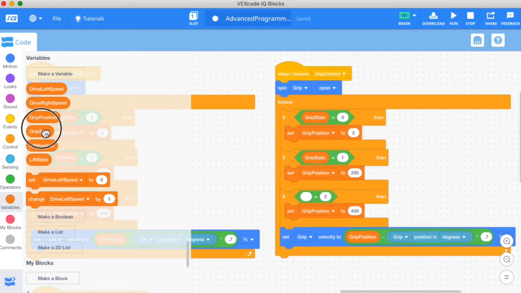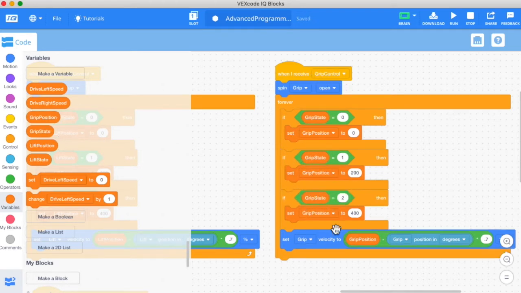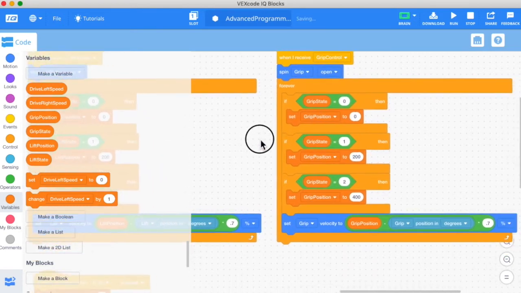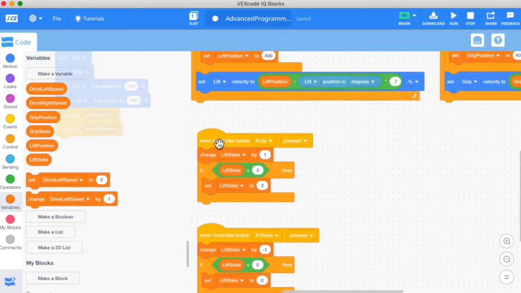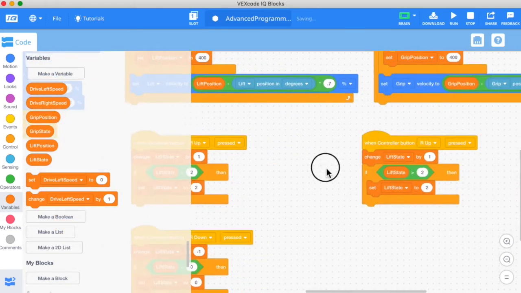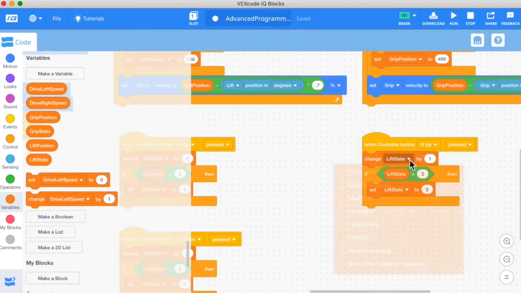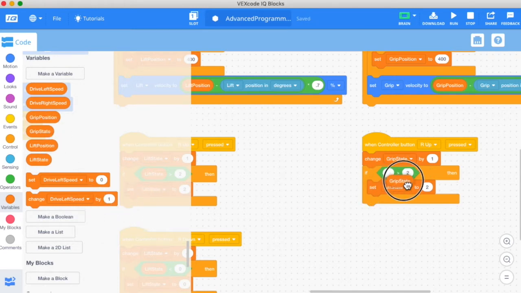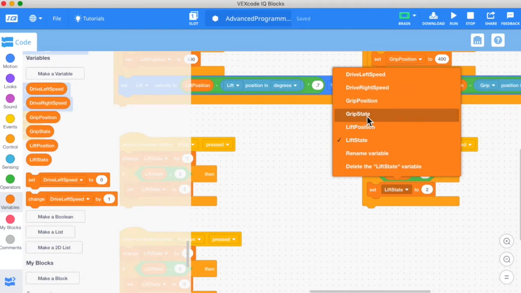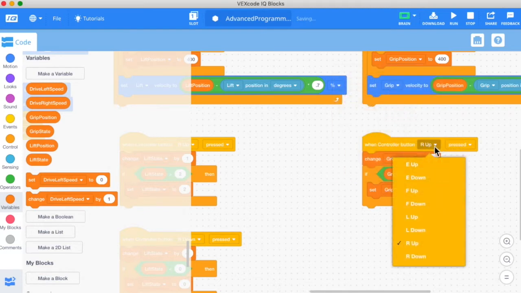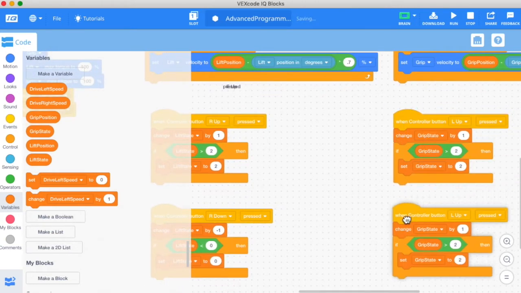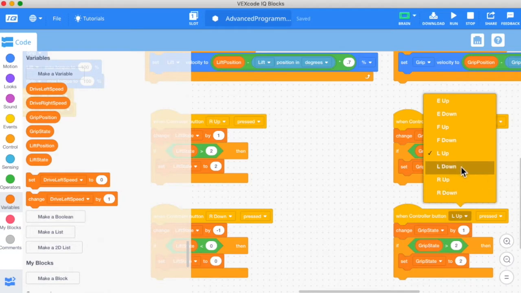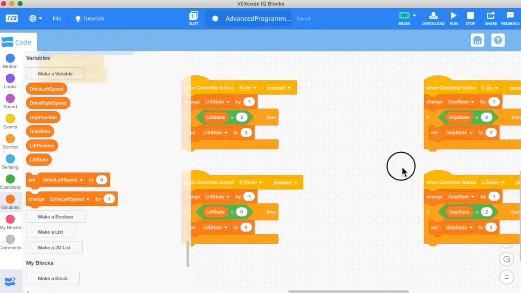Okay, now I have modified everything that was in there that was lift, it is now grip. All right, let me double check that. And then we also want some controls for that, so let's duplicate this block, bring it over here, make it be into the lift state will be grip state, and we gotta switch this out manually, and this will be grip state also. And instead of R up, we're going to use L up, use the left buttons instead, and we'll duplicate that. It's easier to do it that way, and then we'll go L down here,